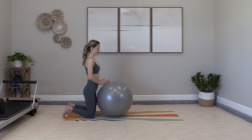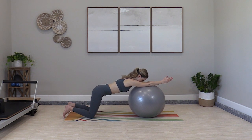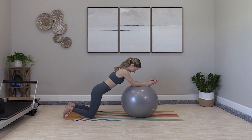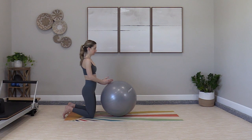Next, we're trying rollouts, back to more abs work. Really awesome stabilizing exercise. We're rolling out, letting the first one be smaller, and you can leave the hips kind of where they are just to test it out. Then start to progressively roll out like you're aiming for a full plank